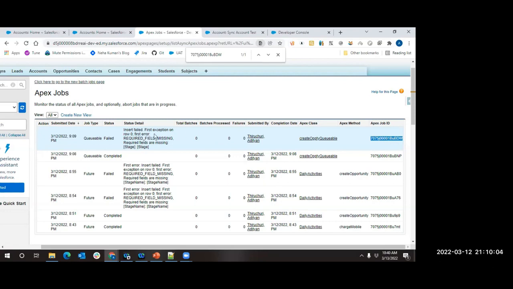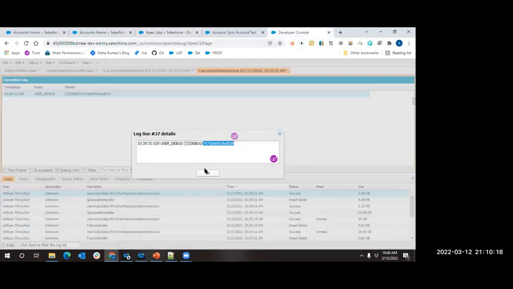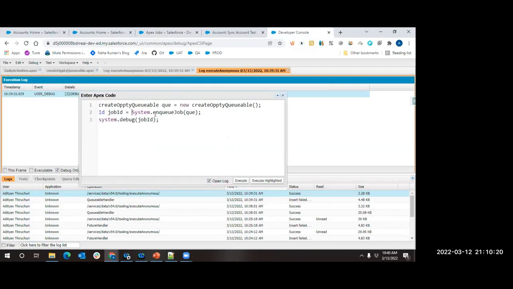Okay, and what happened for it? It failed. Why did it fail? Because of so and so error. So in this way, you are able to track the exact status of your own specific job without being in a state of dilemma. That is one advantage for you. You are getting a job ID because the process you are using here returns you a job ID, which you are able to make use of. Okay, which is very good.